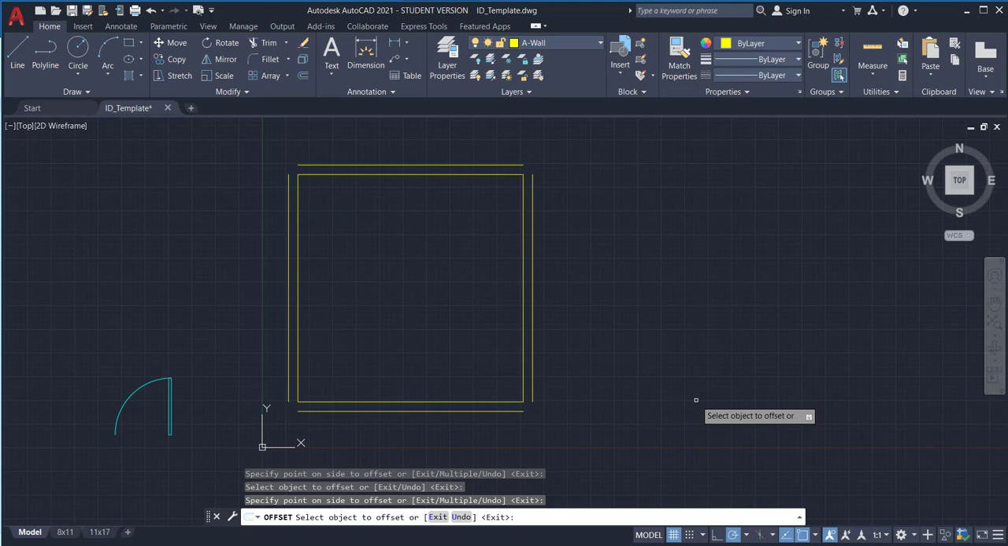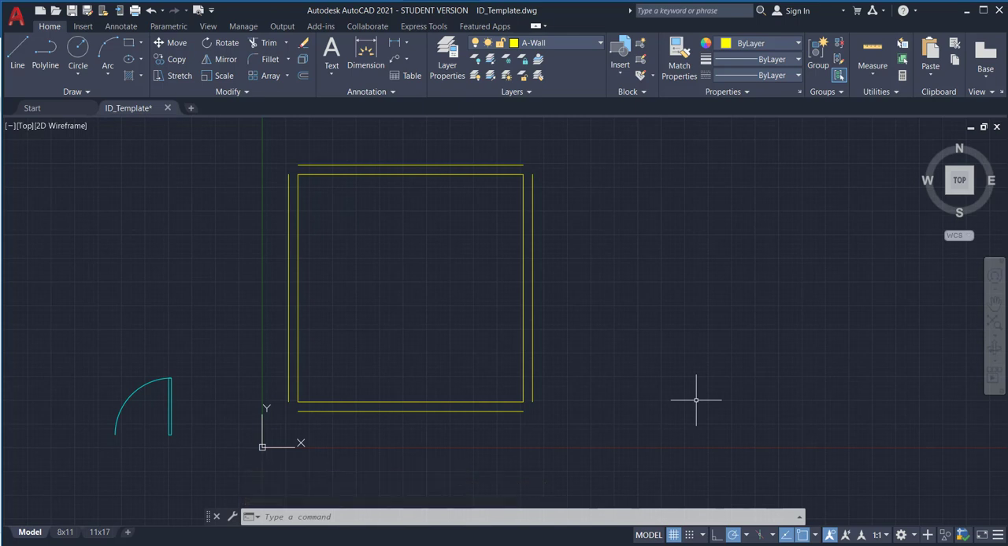Alright, I'm going to hit escape to end that command and my cursor goes back to normal. And now I'm good to go. So we have offset some of our walls 5 inches apart. Awesome. Now you will notice that the lines do not connect, and it is super important that they show connected